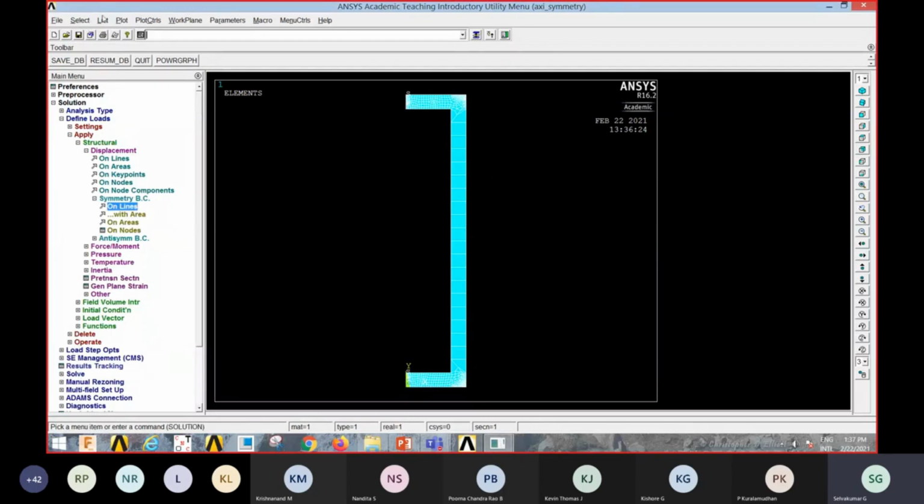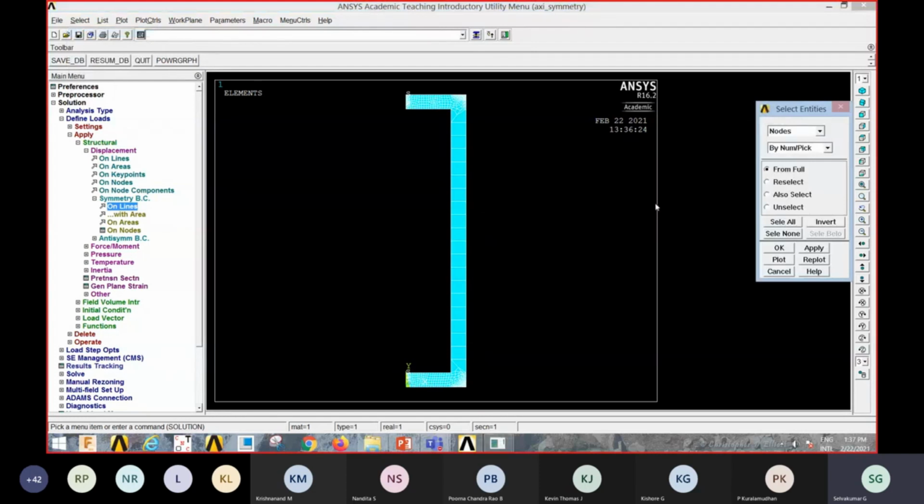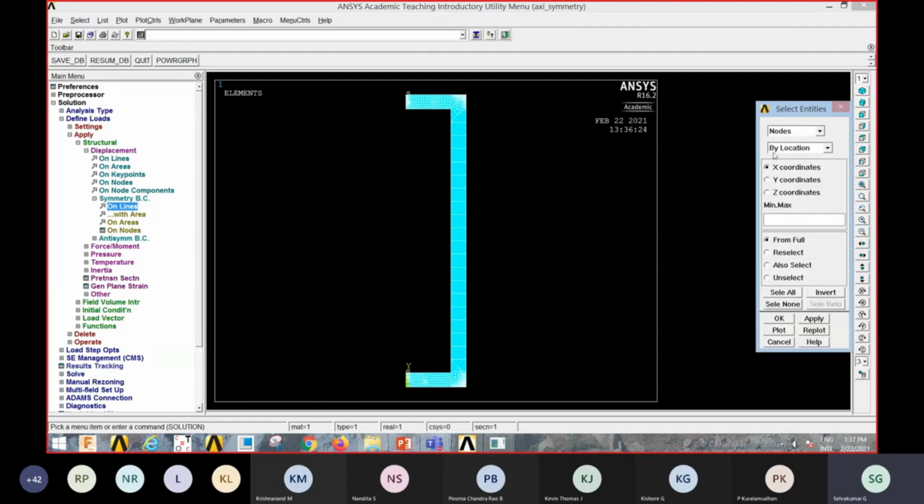Next, select. Select entities at the top. Click on select and entities, here by location. So now I am introducing the constraint at the middle. By location you have to choose nodes by location, y coordinates.